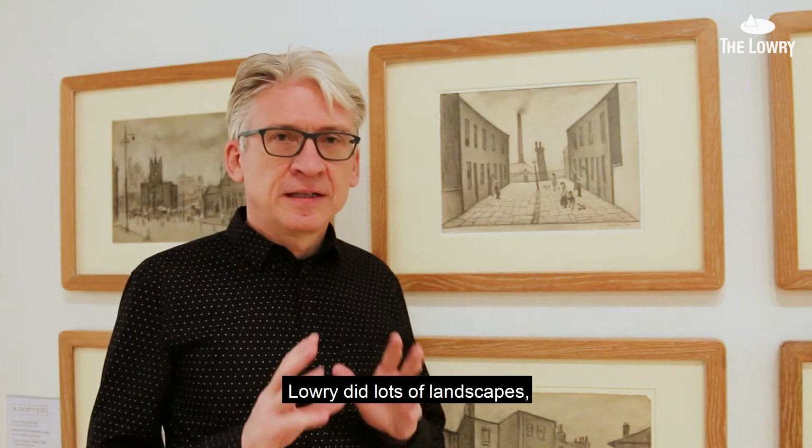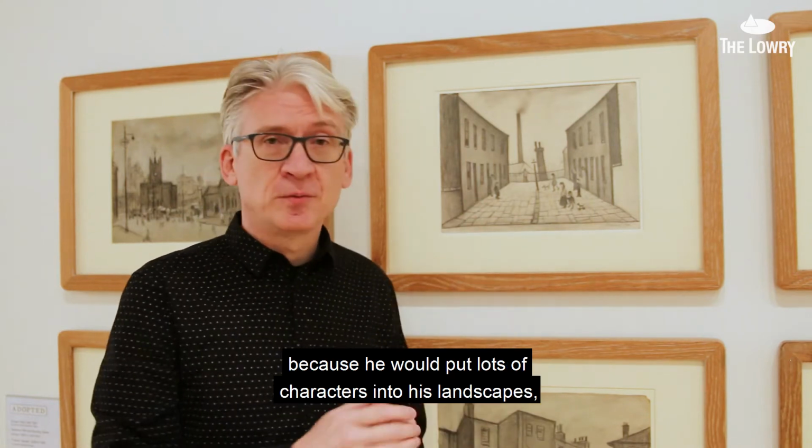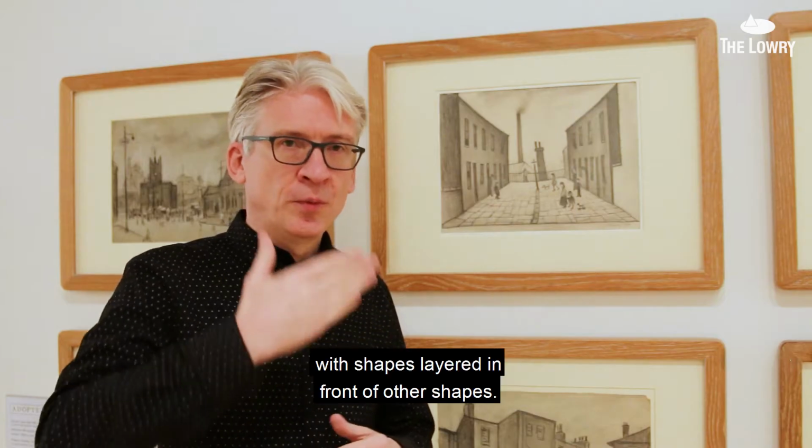Lowry did lots of landscapes, and the landscapes were also full of lots of portraits because he would put lots of characters into his landscapes. But he used many different techniques when he would put his landscapes together. Some of them are quite theatrical, so he would paint his landscapes almost like theatrical backdrops with shapes layered in